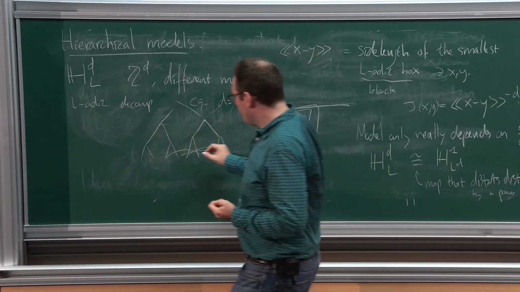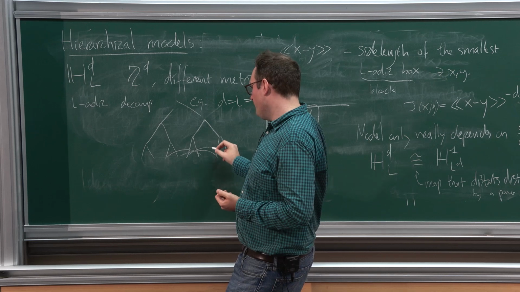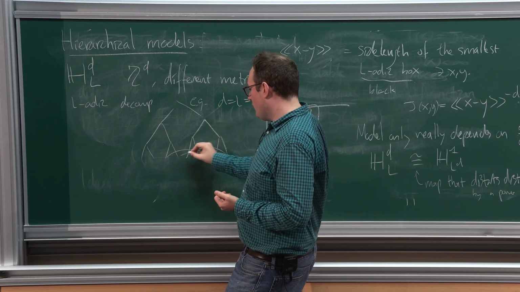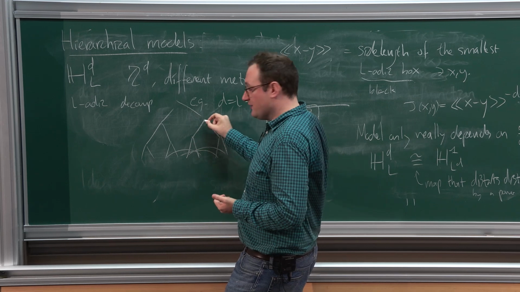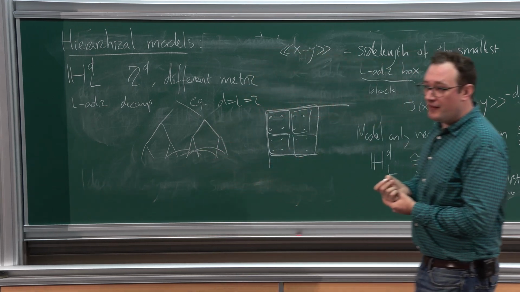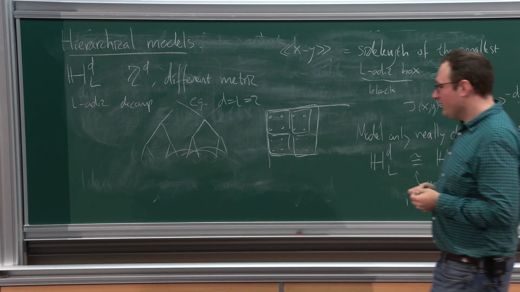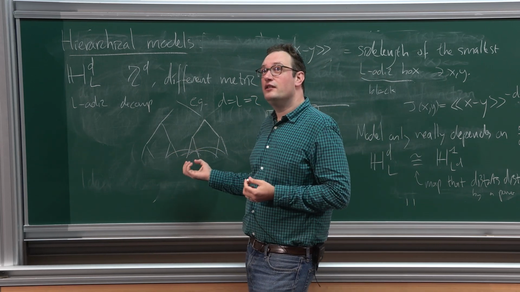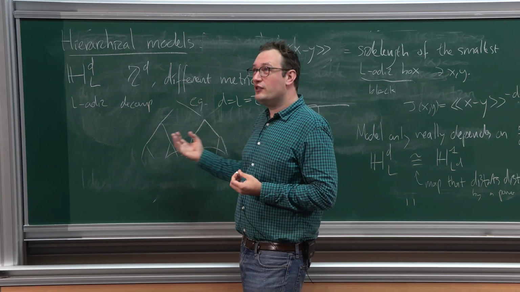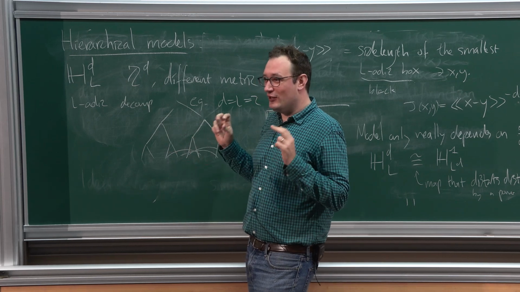Yeah, so in this tree representation, the distances on the leaves are defined to be like 2 to the height of the nearest common ancestor. Okay. One thing I'd say about this, by the way, I don't think it is the right thing to think about this as a model on the tree, really.